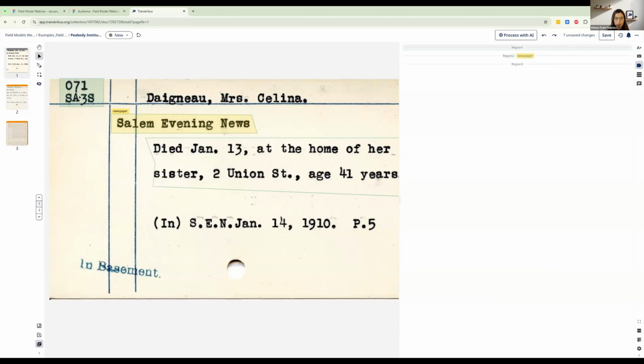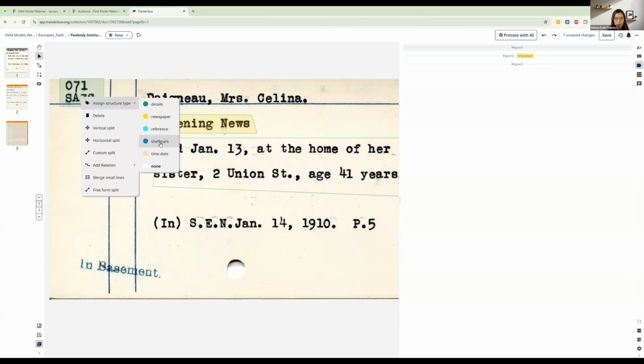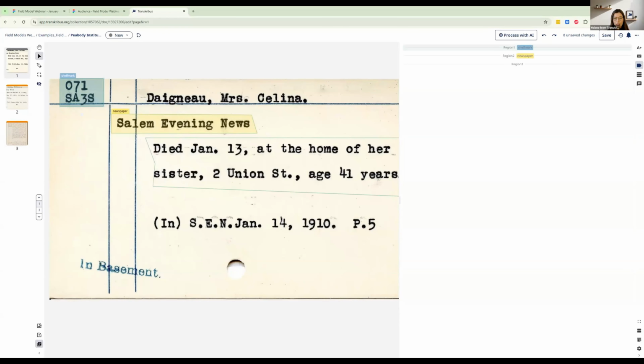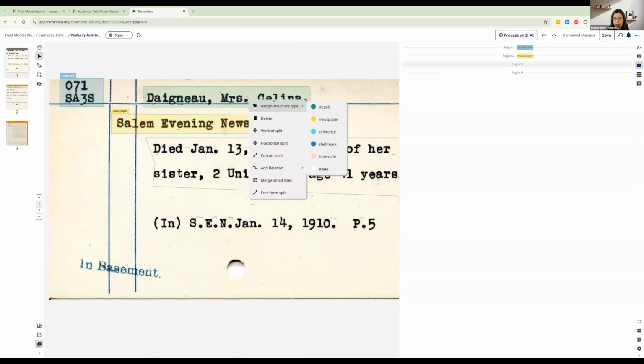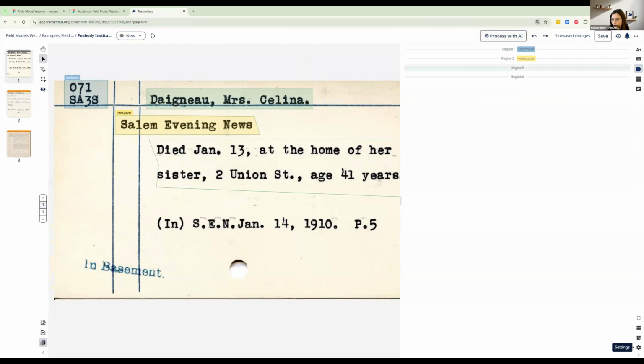What do we have here? I select this region, and this is shelf mark. If you notice that a tag is missing, for example, let's add another text region here. I want to tag this with the tag name, but I don't see the tag name appear here. What you can do is, let me zoom in a little bit, go to settings here in the bottom right corner,